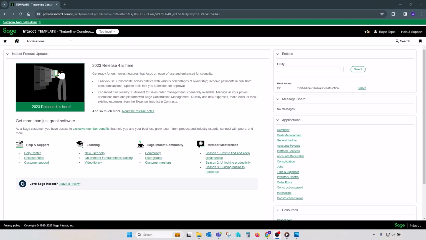Starting with the version 2023 release 4, Sage Intacct has introduced quite a significant change to the way GL account structure is handled. Prior to this change, once you determined the length of the GL accounts and accounts were set up in the system, no changes were allowed. With the version R4, there's a new feature introduced where even after accounts are entered, saved, and transactions are posted, we can change the length of the GL account. We can also renumber those accounts.